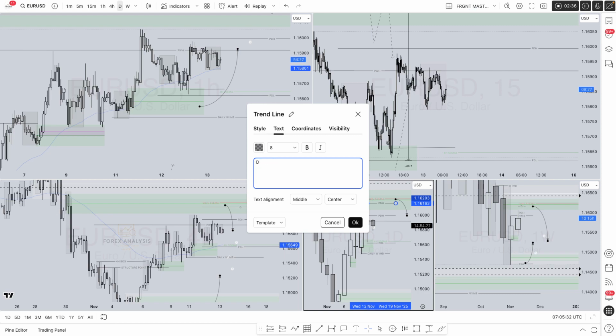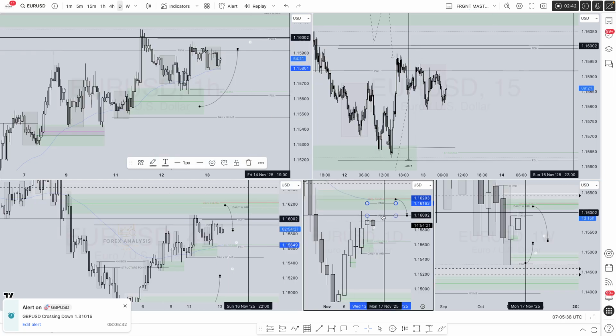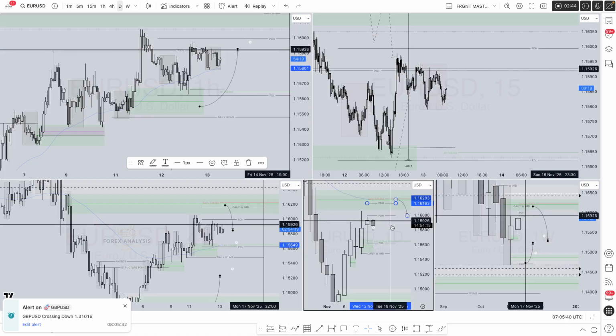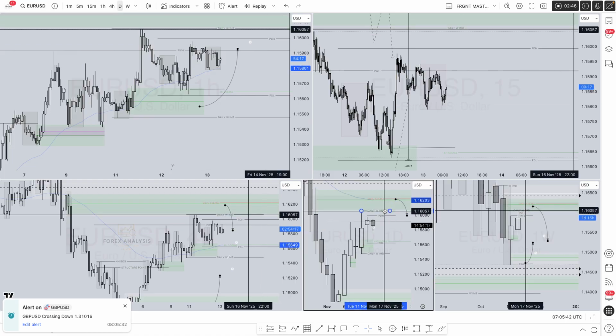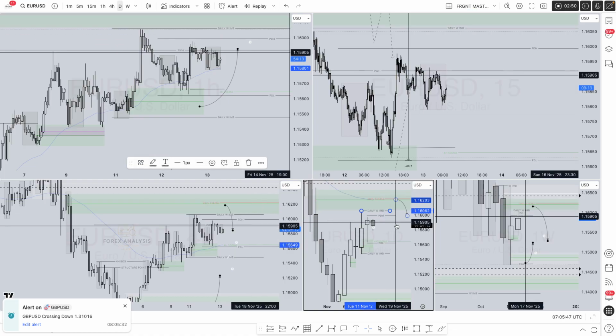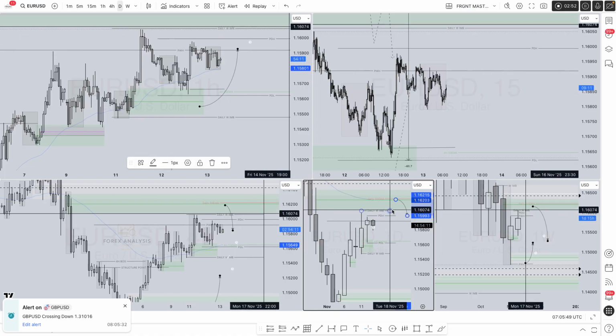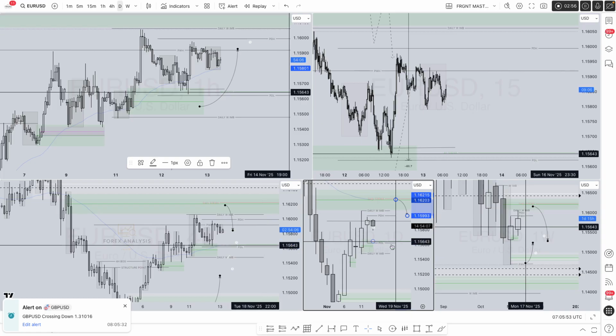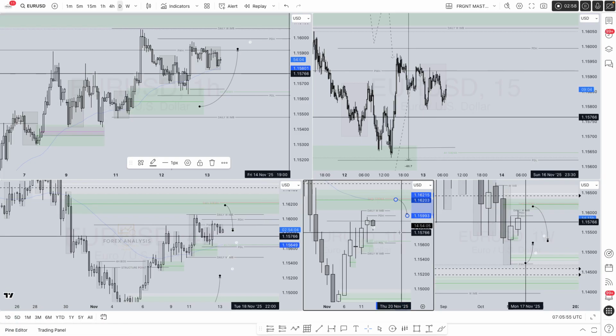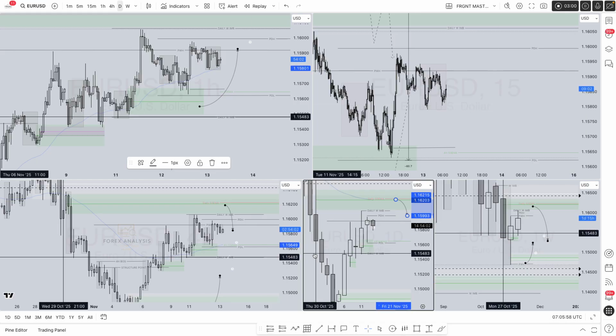If I can get the GU crossing down, so that's more than likely meaning that my potential short from the immediate order block above, in fact, disregard what I'm saying. Asia hasn't finished printing just yet, so we'll see how that looks later on.